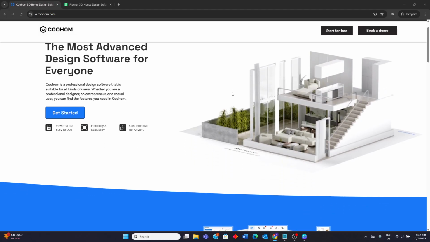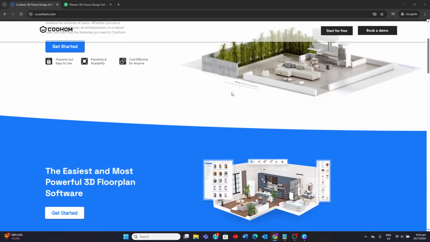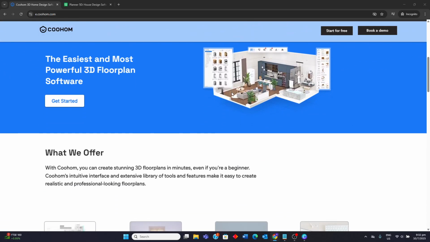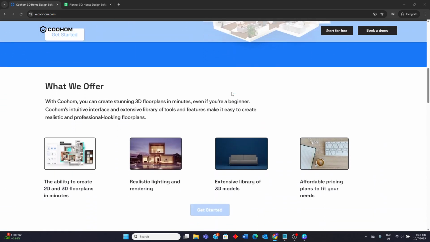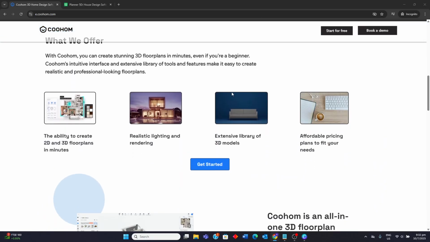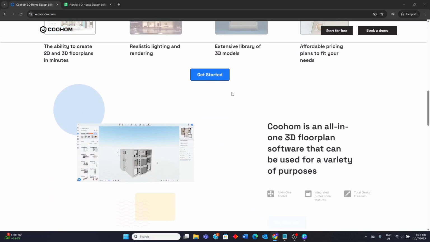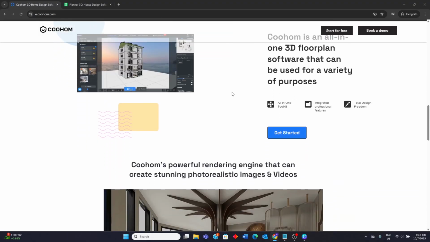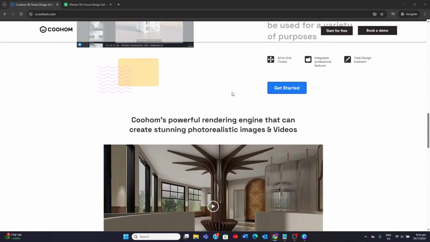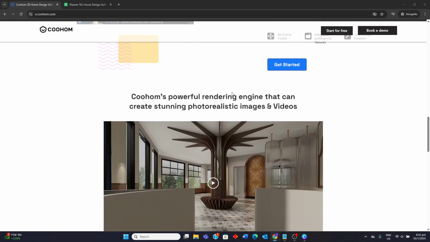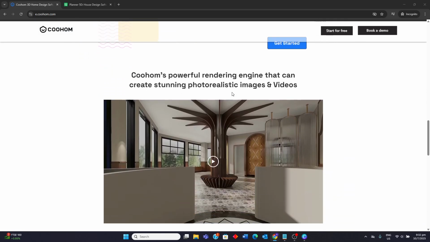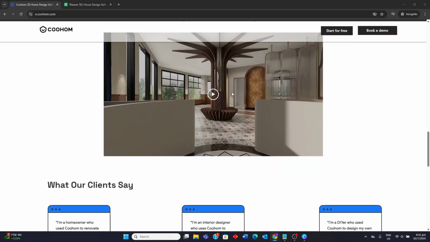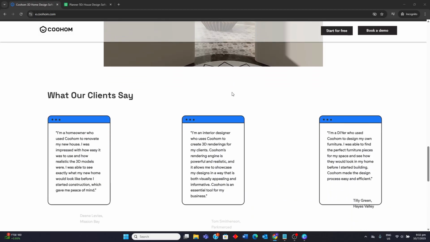Coohom is a powerful, cloud-based 3D design platform known for its advanced rendering capabilities and vast library of 3D models, boasting over 1 million diverse items. It offers high-quality 8K and even 12K image rendering, along with video rendering, which brings designs to life with stunning realism. Coohom provides flexible design customization tools, including AI templates for quick design generation and parametric model editors for custom furniture. It supports multi-story floor plans, allows importing of CAD files, and aims to be an all-in-one solution for both